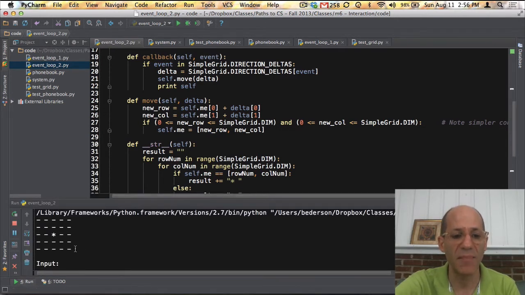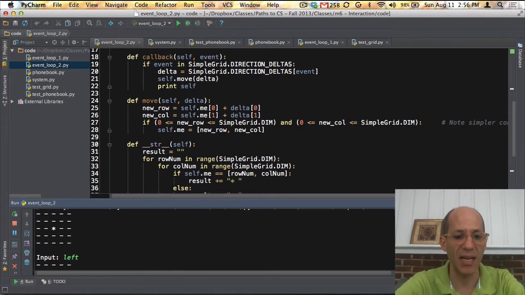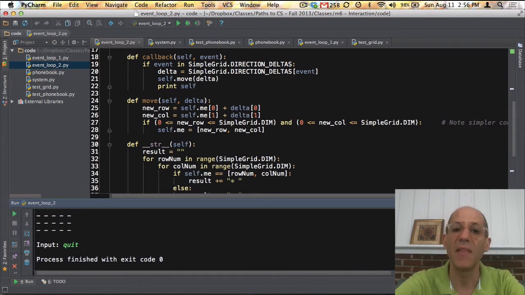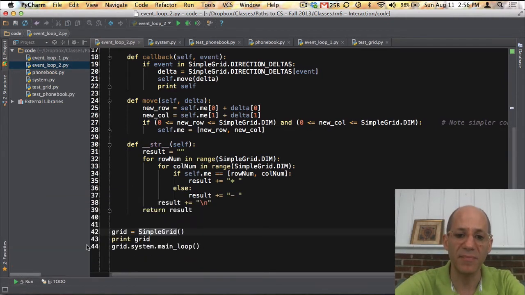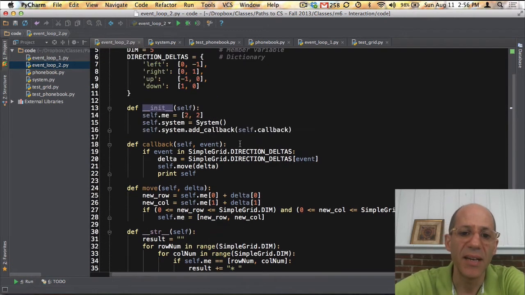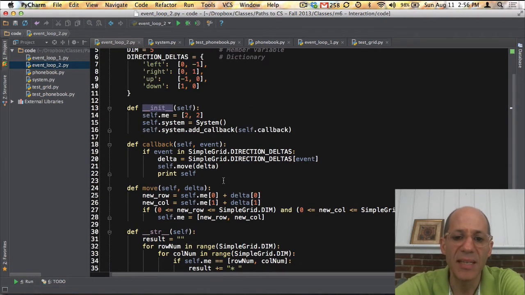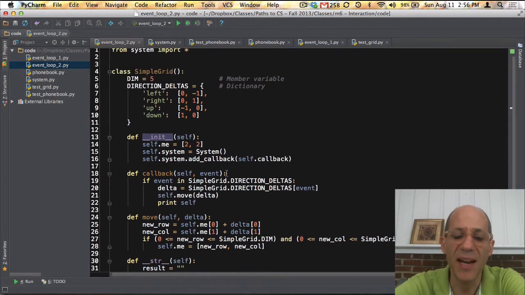When I run the program, it prints out a 5 by 5 grid and it shows that me is at the middle at the location 2, 2. And I can type in left, right, up, or down. If I type in left, it goes left. If I type in up, it goes up. If I type in up again, it goes up. If I go right, it goes right, and so on, until finally I get bored, I can type in quit, and the program terminates. So now let's dive in and see how we implemented this movement,